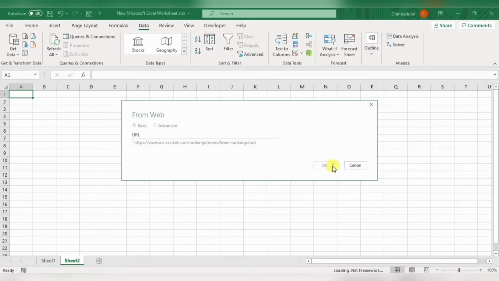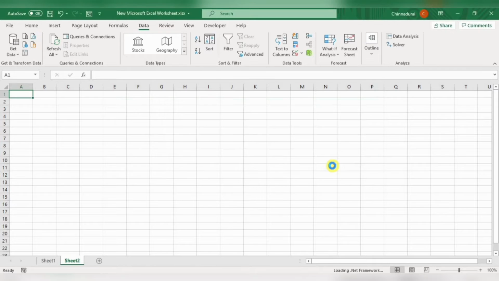Then Excel will go and check that browser, and whatever tables appear in that web page, it will pull all the tables. Whichever table is required, we just have to select that table and convert it. Now let's see.